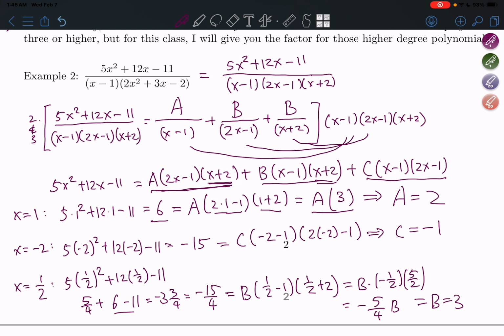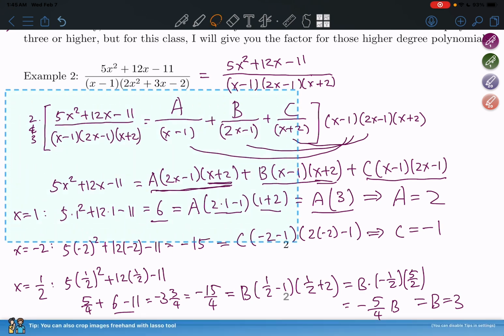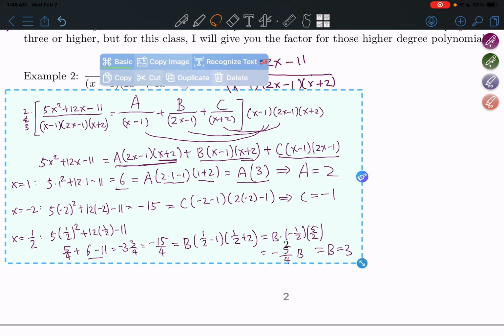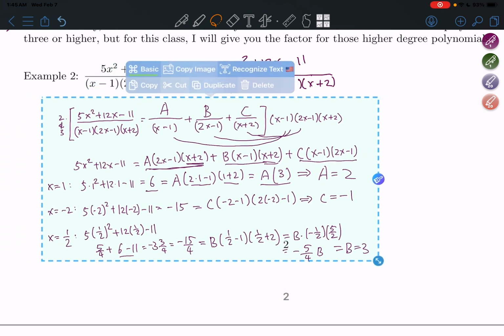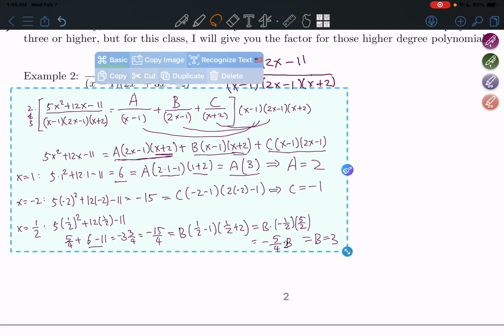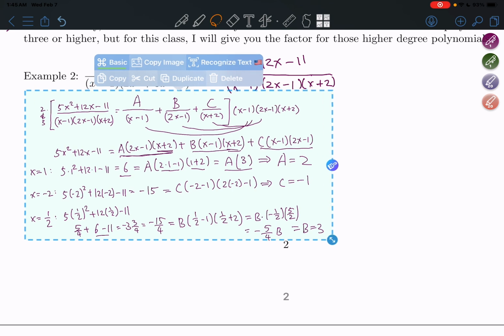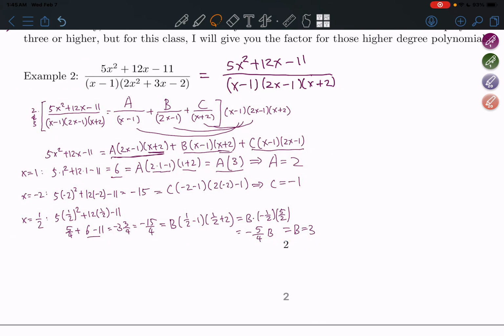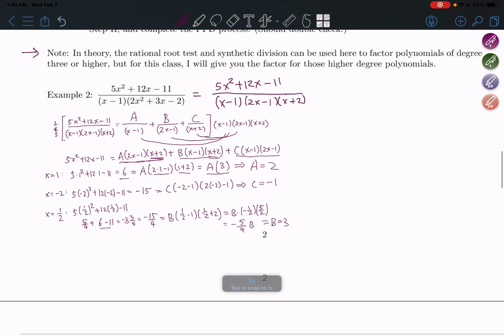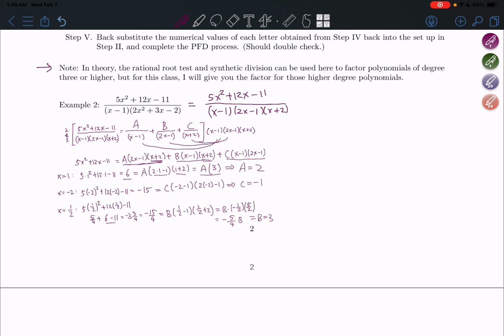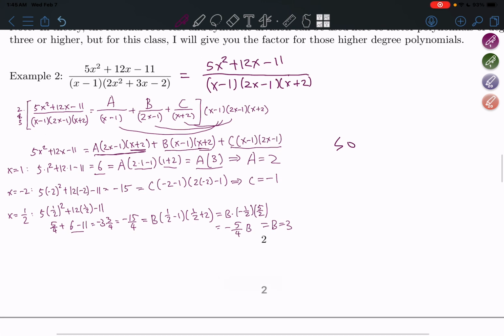Make it a little bit smaller, and just rewrite the solution here. I have